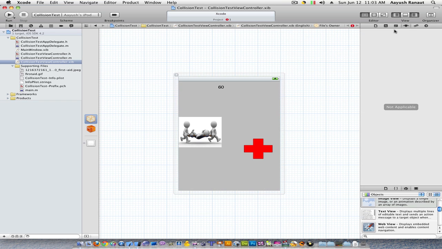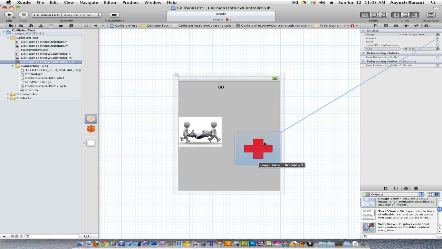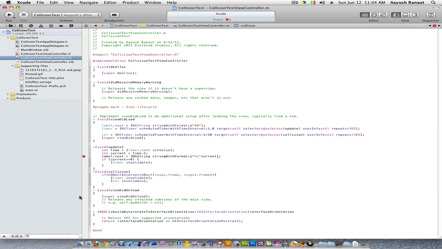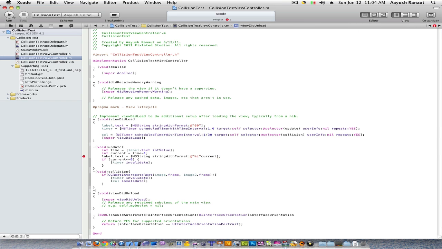Now go to your File's Owner and go to the connections tab and connect these images and the label. After you have done this, Command S and go to your collision view controller.m. In this you'll need two more methods. Name it void touchesBegan,